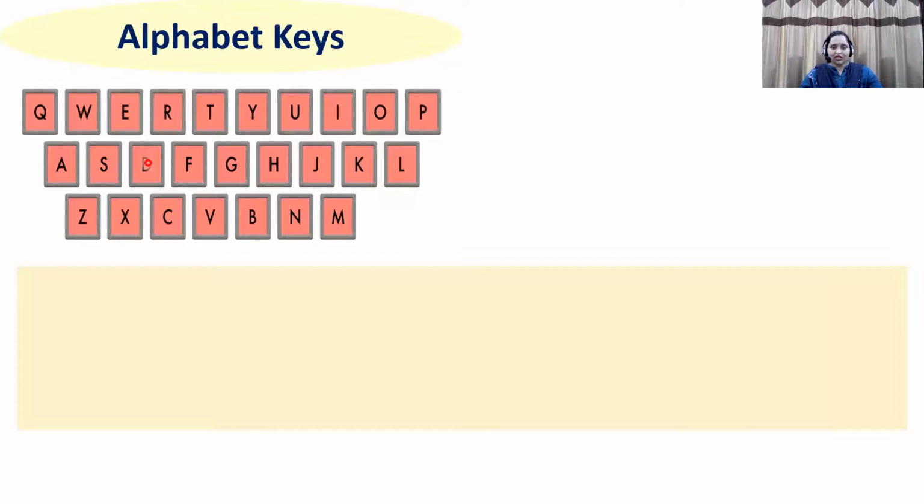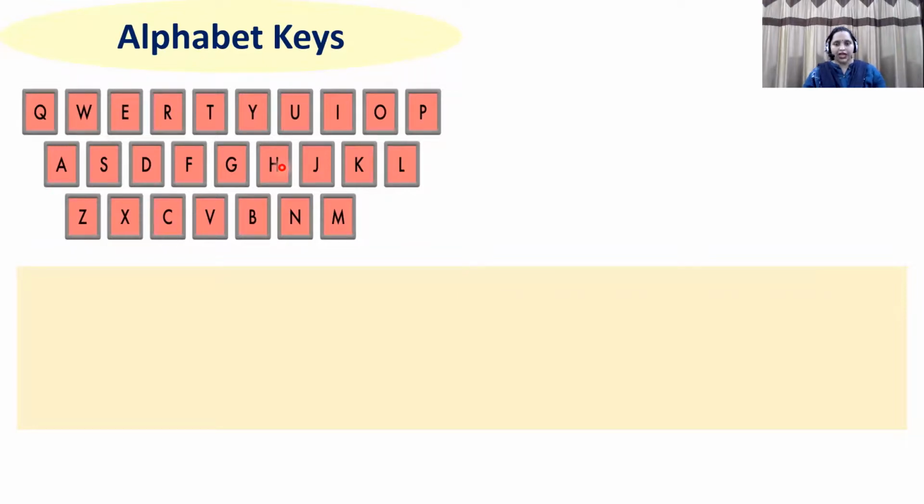Now first we will study about alphabet keys. Children, just before this slide, I told you how many alphabets are there. Total 26 English alphabets are there. Q, W, S, F, G. On each key, each alphabet is written. In total, 26 keys, and in English grammar, 26 alphabets.